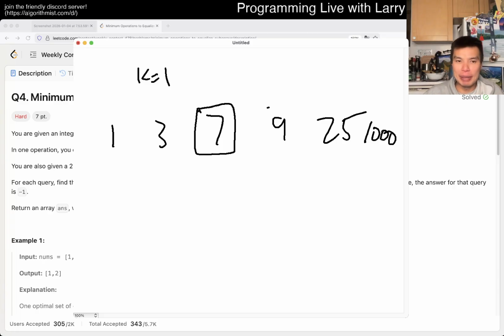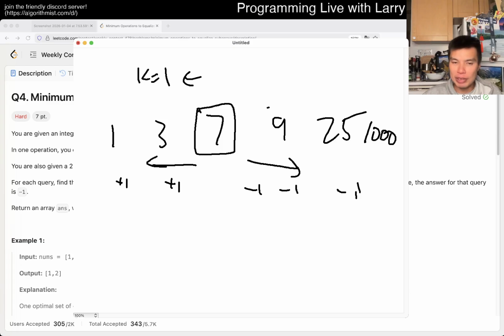The reason is that, let's say k is equal to 1, and that means that everything to the left side of this, smaller numbers, well, you gotta do +1 for every delta. And that's the idea. And everything to the right also -1 for every number. And what do I mean by that? That means that, well, because of 7,